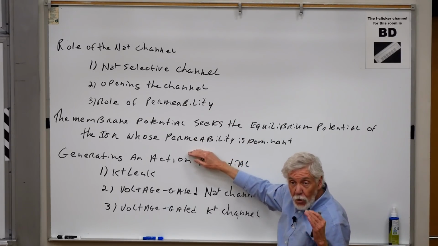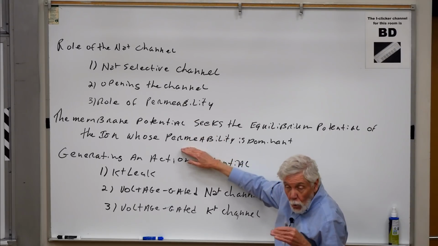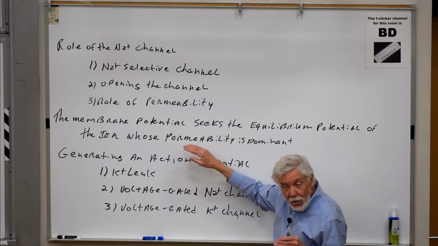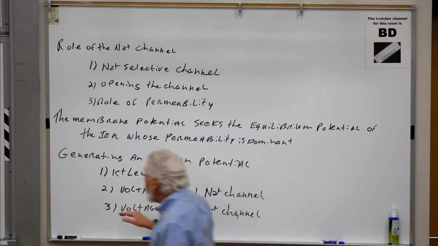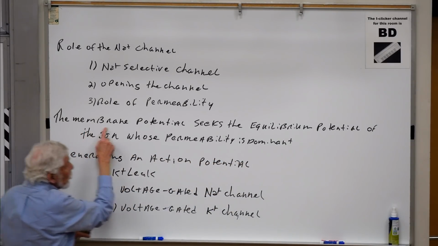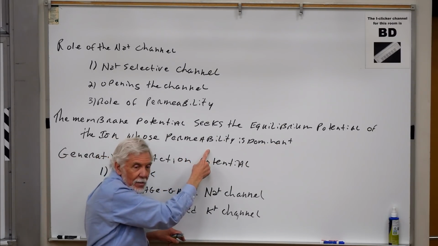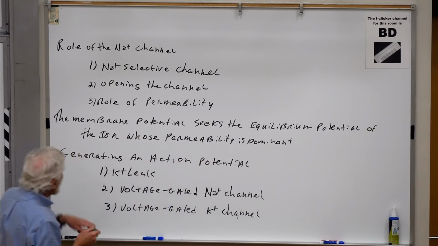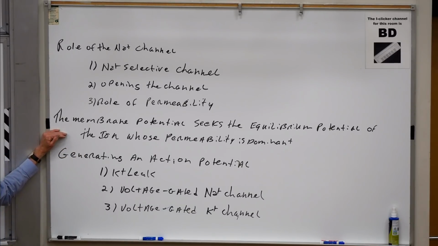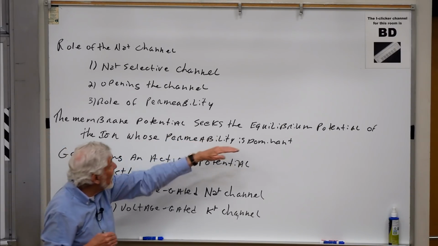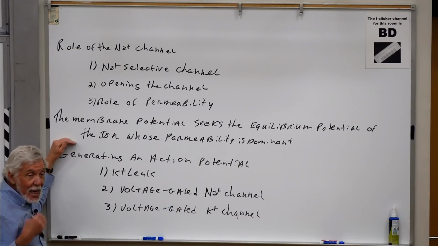If you take another neurobiology course, you'll quantify this in something called the Goldman equation. But for our purposes here, we can simply say the membrane potential seeks the equilibrium potential of the ion whose permeability is dominant. So we'll initially walk through this mantra describing a membrane where the dominant permeability is to potassium. So that means the membrane potential is going to be close to the equilibrium potential for potassium,